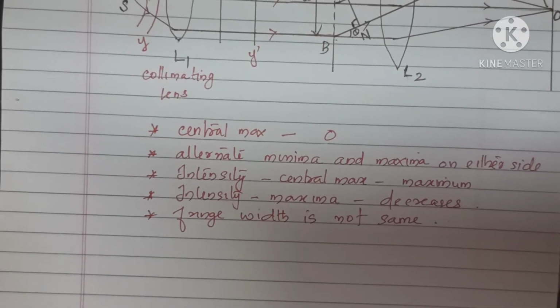Now we have to give an explanation for these observations. How are you getting the central maximum, then how are you getting the alternate minima and maxima, and we have to find the conditions for obtaining these maxima and minima as we found in the case of the interference pattern, isn't it? In interference also we derived so many conditions for constructive interference as well as destructive interference. Similarly here also, for getting these alternate minima and maxima we have to find the conditions. That is very important. So let us move to that.